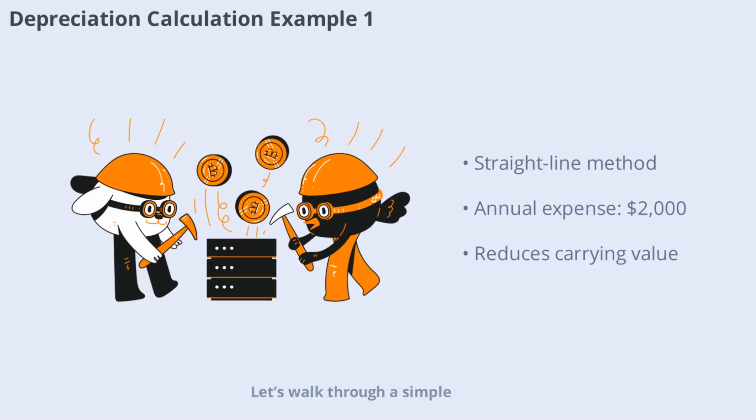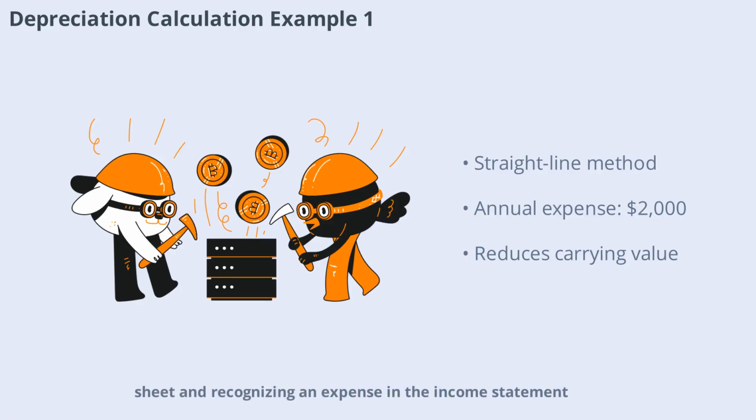Let's walk through a simple depreciation calculation using the straight-line method. Suppose a company purchases equipment for $12,000, expects a residual value of $2,000, and estimates a useful life of 5 years. The depreciable amount is $10,000. Dividing this by 5 years, the annual depreciation expense is $2,000. This amount will be recorded each year, reducing the asset's carrying value on the balance sheet and recognizing an expense